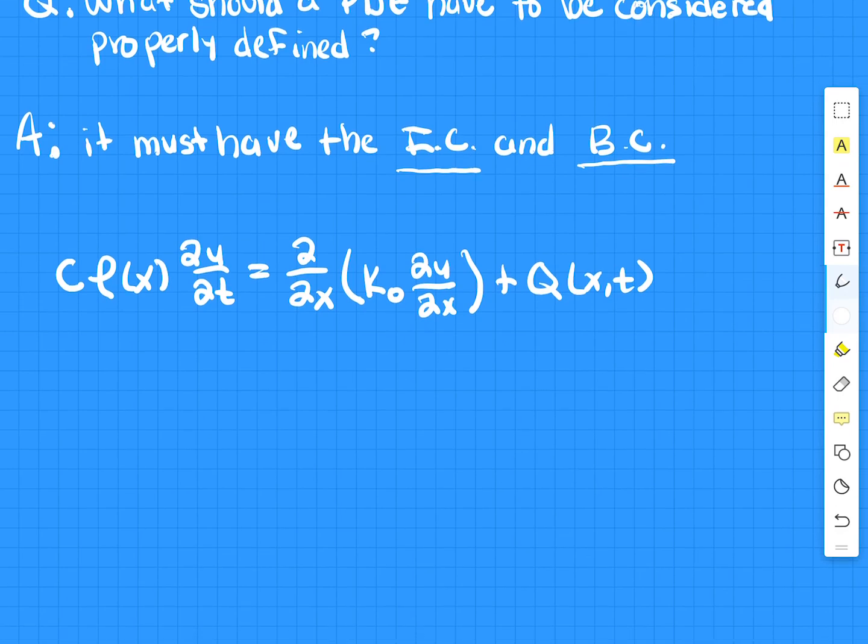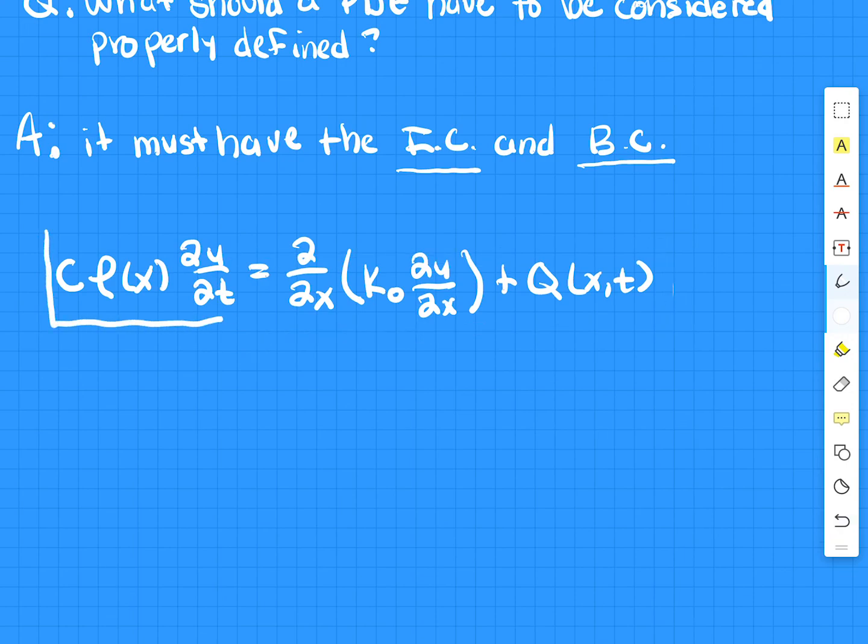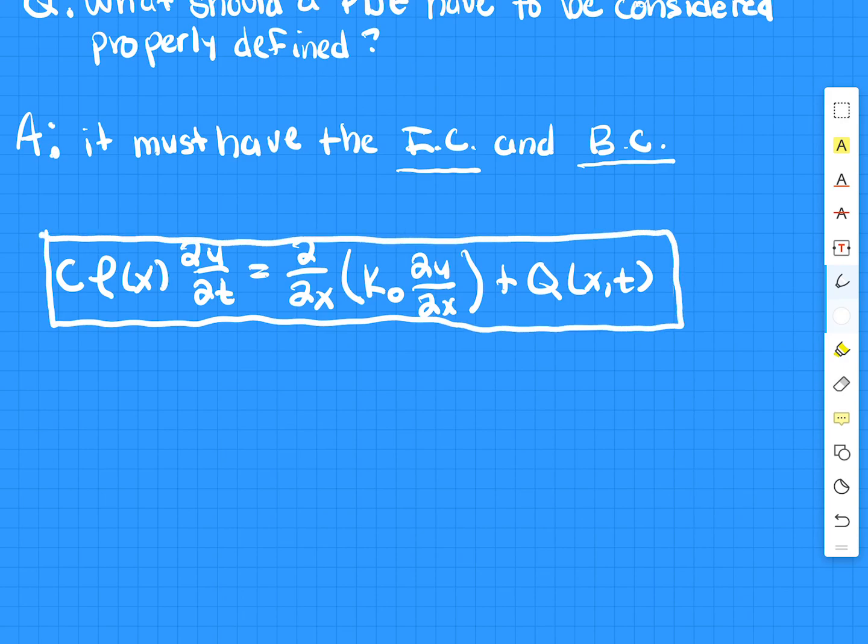And let's go ahead and box this, so that this is our heat equation. And this is true for between the lengths 0 to L, like for our rod, and for all times that are positive,